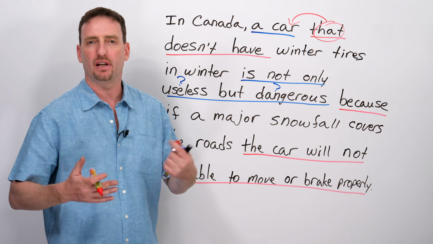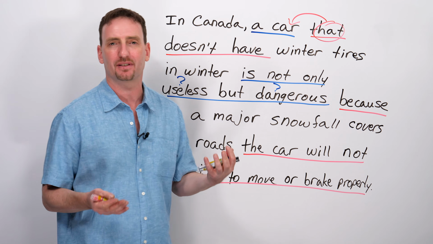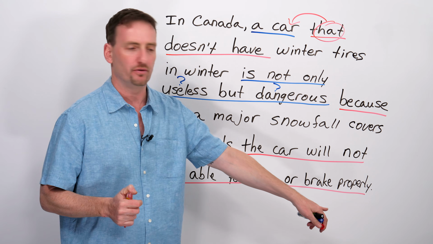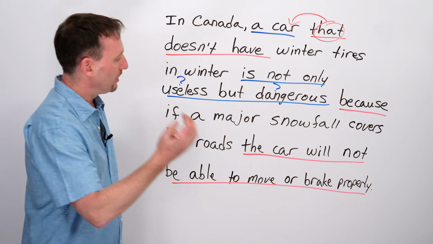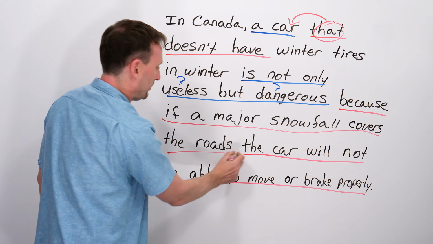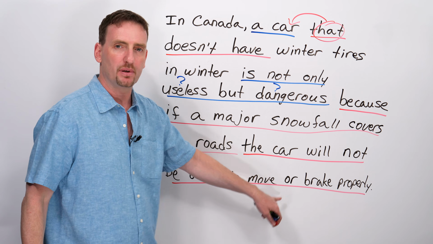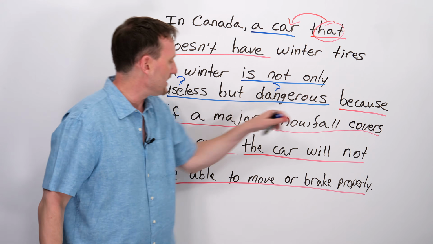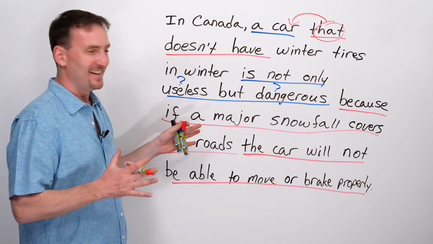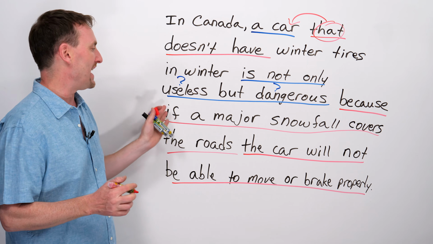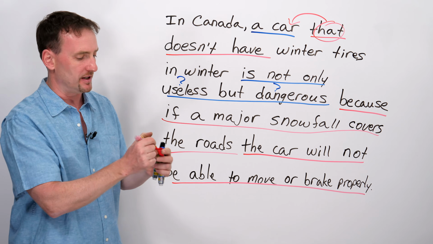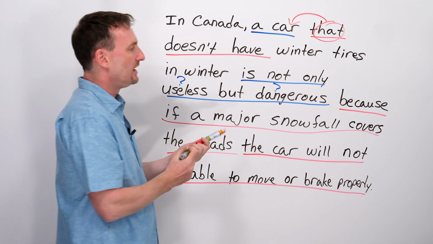Why won't it be able to move, or in what circumstances or conditions will it not be able to move or brake properly? Well, if a major snowfall covers the roads. So again, we're sharing a piece of the clause with "because" and with "if." Okay? I hope everybody's getting this. Keep in mind, I could move the if clause to a different area, but I put them together because I wanted you to see when you have